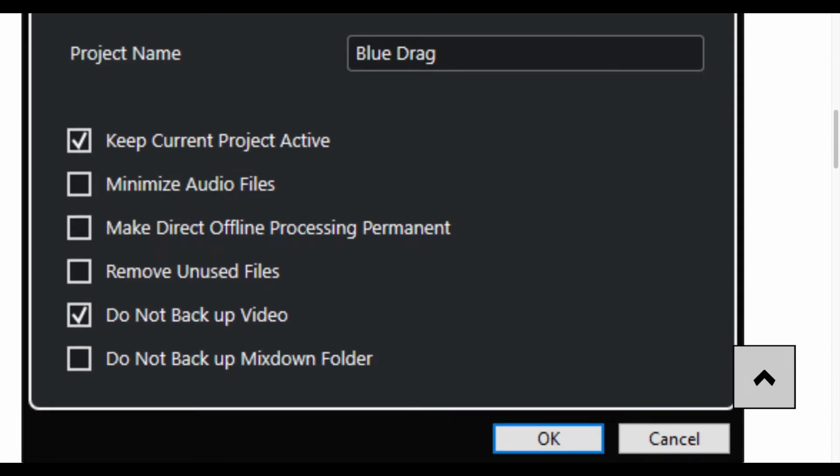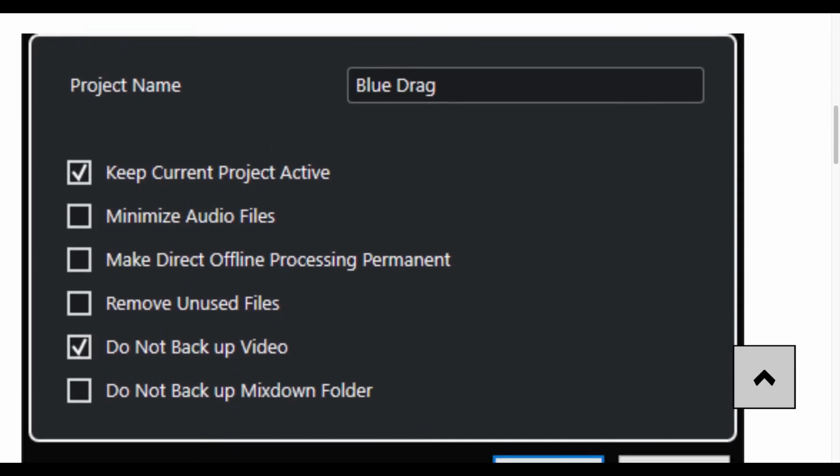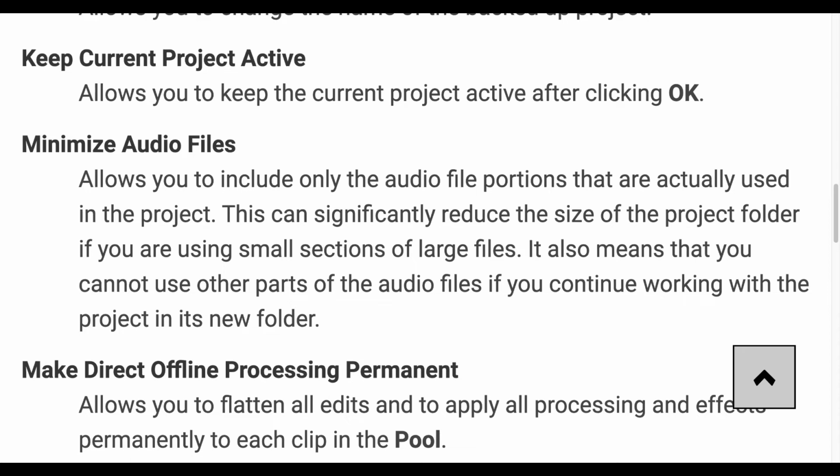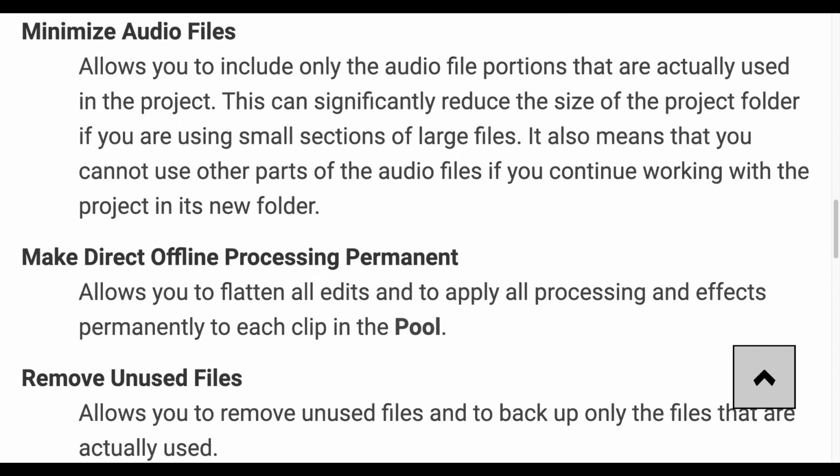Project Name. Allows you to change the name of the backed up project. Keep current project active. Allows you to keep the current project active after clicking OK. Minimize audio files. Allows you to include only the audio file portions that are actually used in the project. This can significantly reduce the size of the project folder if you are using small sections of large files. It also means that you cannot use other parts of the audio files if you continue working with the project